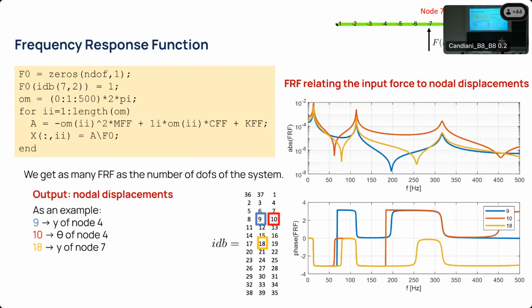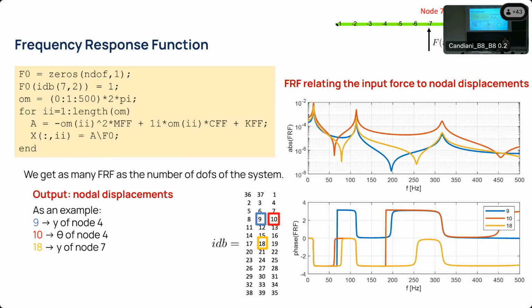If we want to look at a specific degree of freedom, we use again our EDB matrix. I told you that those matrices will return many times. So for example, say we want to know the vertical displacement of node 5, we go to the EDB matrix. We know that the vertical displacement of node 4 corresponds to the 9th row on our vector of free coordinates. So we take the matrix,